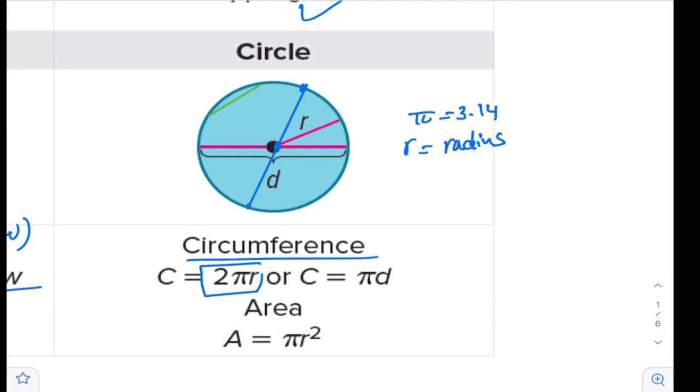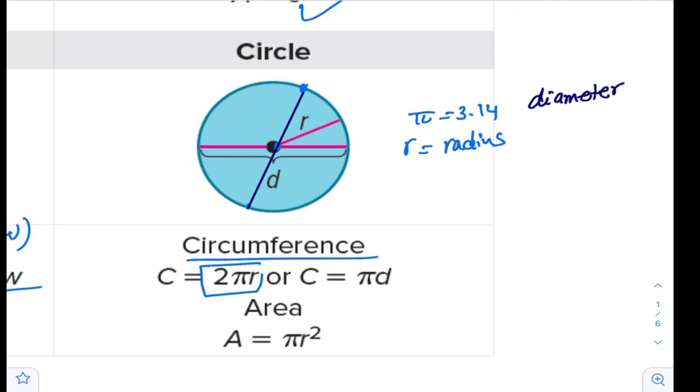This is called a chord الوتر. We are not going to deal with it now. We are going to deal with diameters and radii. جمع radius. So this total length is called the diameter.